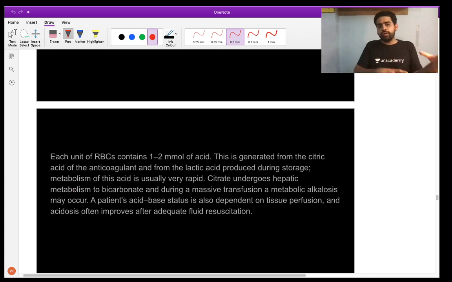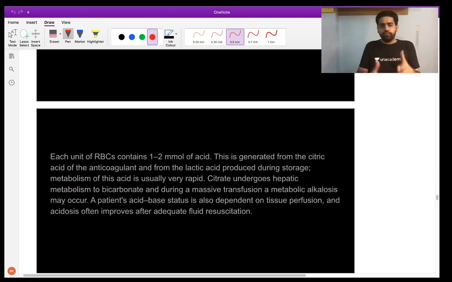But if you go for a massive blood transfusion, the citrate which is going along with the massive blood is getting metabolized in the liver and converted into bicarbonate, and this is responsible for the metabolic alkalosis. That is why the answer to this particular question is metabolic alkalosis. Are you understanding? Right. Another thing is, if the patient enters into hypothermia,